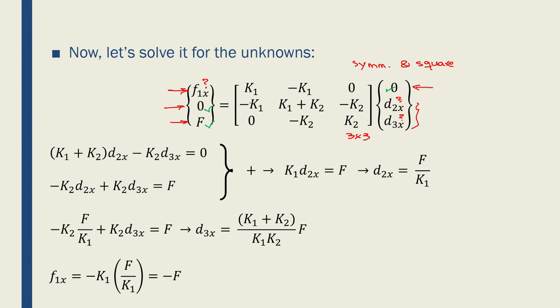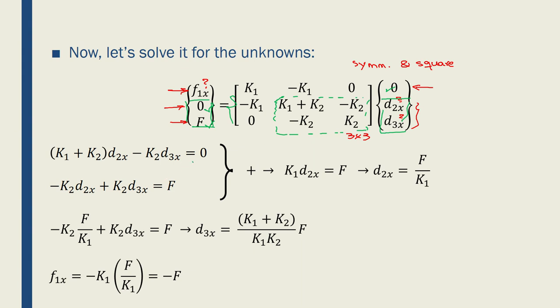What I do is first I take these 2 lines. So I say k1 plus k2 times d2x minus k2 times d3x. So basically I'm taking this portion of the matrix, multiplying it by this portion of the displacement vector, saying that they're equal to these 2 values. So what I'm solving actually is a 2 by 2 matrix from the entire system of equations. I don't know d2x and d3x, but I know 0 and f, and k1 and k2 are properties of the